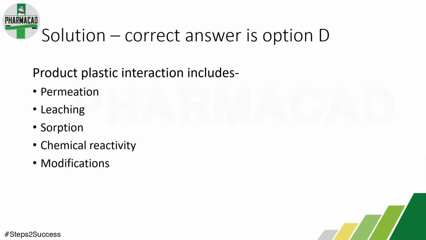This process involves the removal of drug content from the product by the packaging material. Sorption may lead to serious consequences for active ingredients in a solution. Sorption is mainly seen with preservatives. Chemical reactivity. Chemical ingredients of the plastic container may react with the pharmaceutical product, which can lead to pharmaceutical contamination. While the modification includes physical and chemical properties which cause contamination, for example,